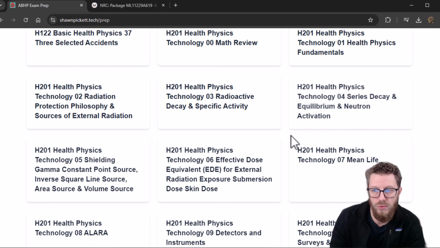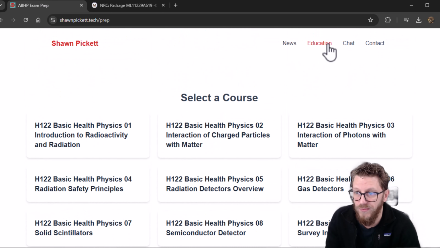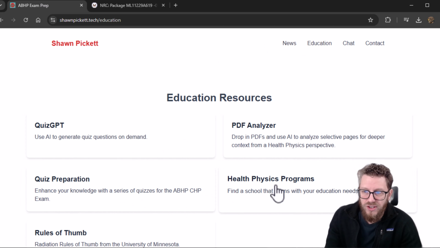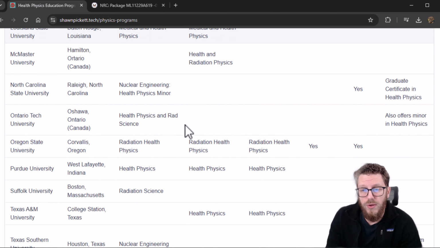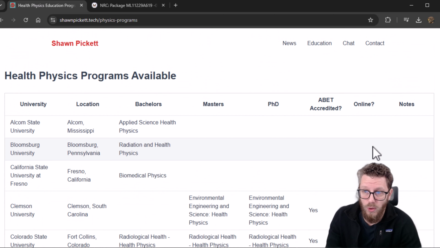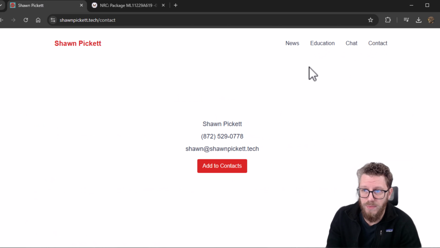So those are the 2 sections of PDFs from those 2 pages. They're all just concatenated here for ease. So those are like the main tools, and then I just have some reference information here, like the health physics programs available in the US, so you can use this as reference to find a health physics program that maybe works for you. If there's anything missing here, feel free to contact me through the contact page, and I'd be